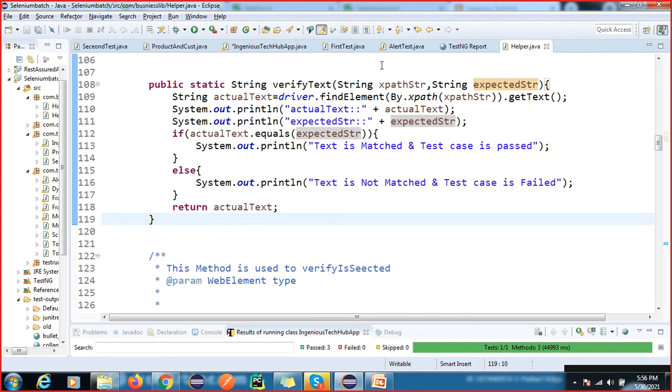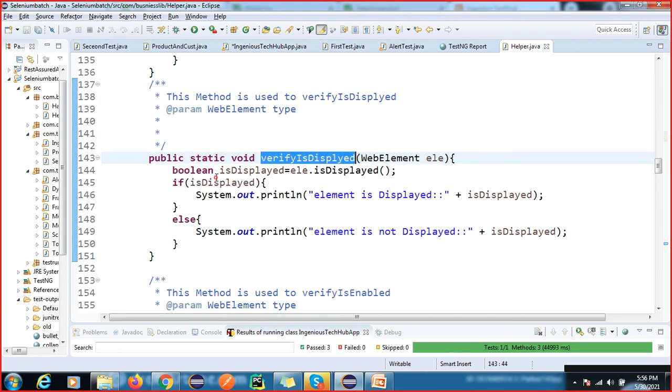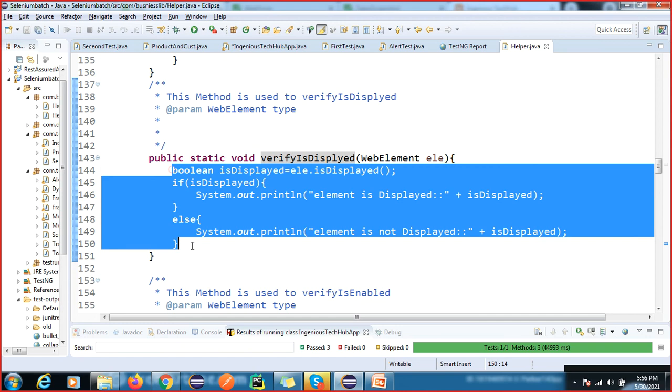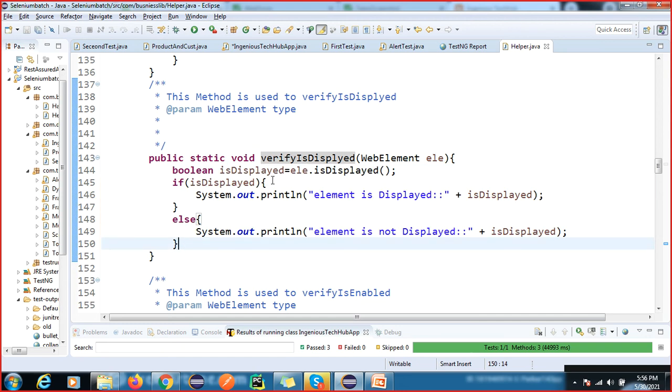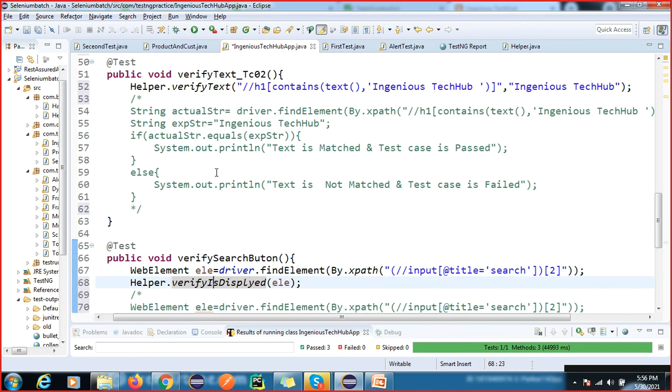And the isDisplayed method also has the same steps, but here we are not hard coding. So this is why we have developed this helper class.